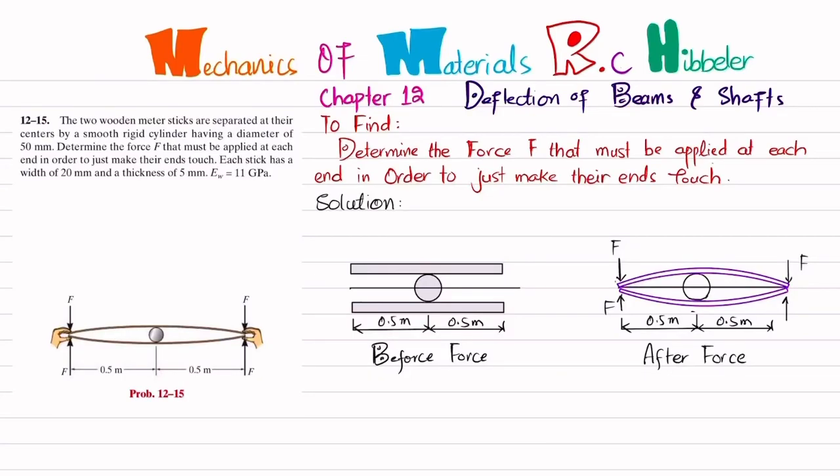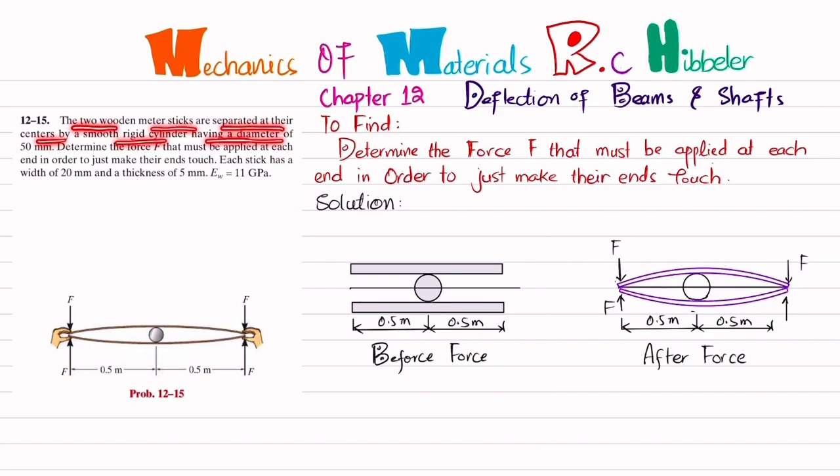Welcome back. Problem 12-15. This problem is taken from chapter number 12, that is deflection of beams and shaft. The book name is Mechanics of Material by R.C. Hibbeler. So the statement of the problem is that two wooden meter sticks are separated at their center by a smooth rigid